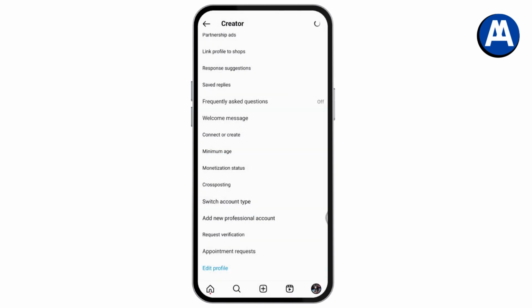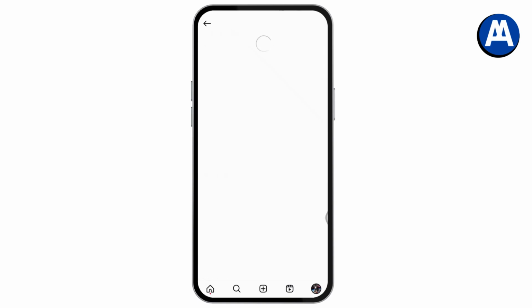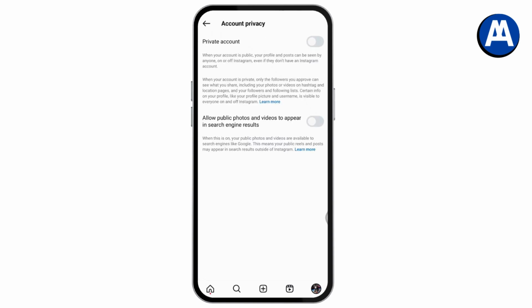Now wait for some time. Once you've switched to your personal account, now you just need to simply go to the account privacy option and simply toggle on the option of private account. Switch to private and that's it. That's how you can change your creator account to a